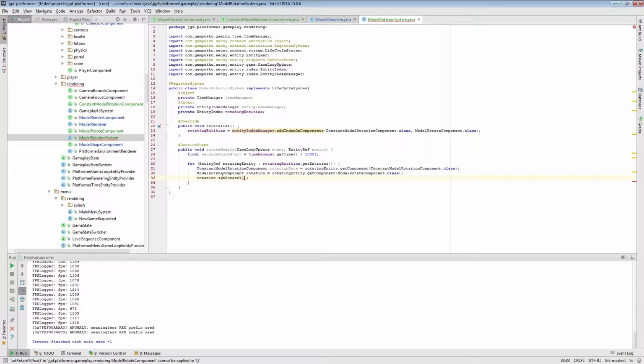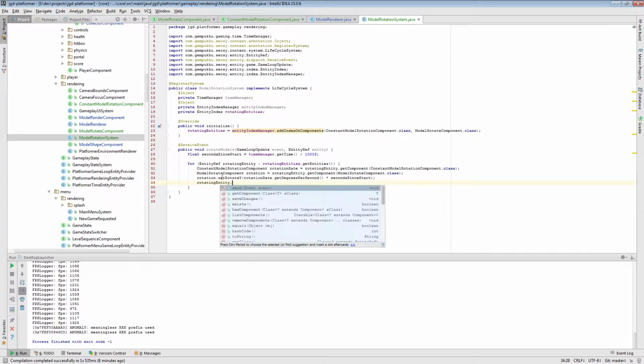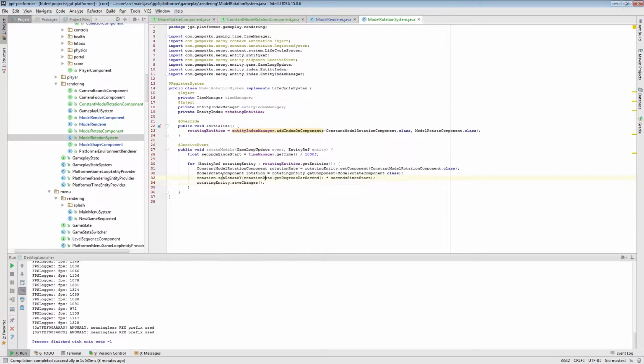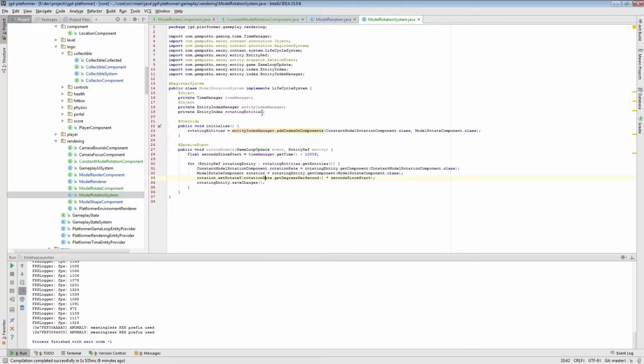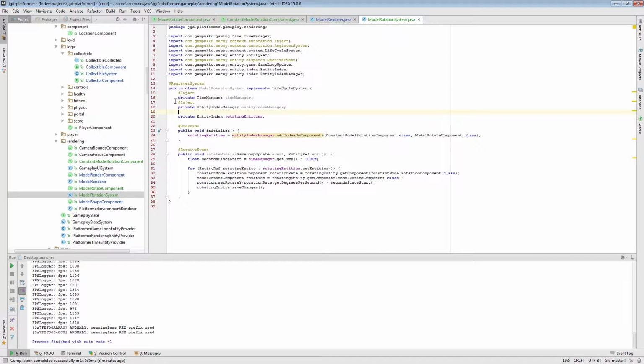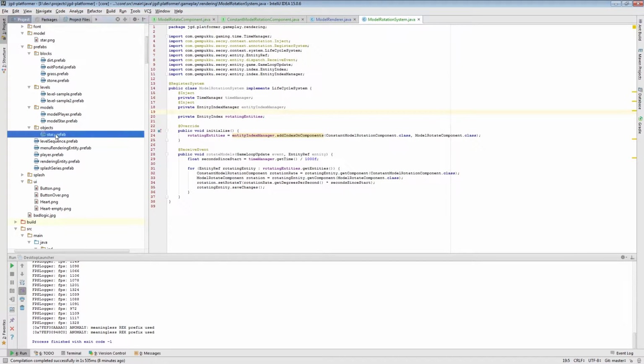And I will set the rotation based on the rotation rate, get degrees per second multiplied by seconds since start. And I have to save the entity, save changes to the entity. Okay, so this will rotate all the entities, and so what I need now is to modify the star prefab